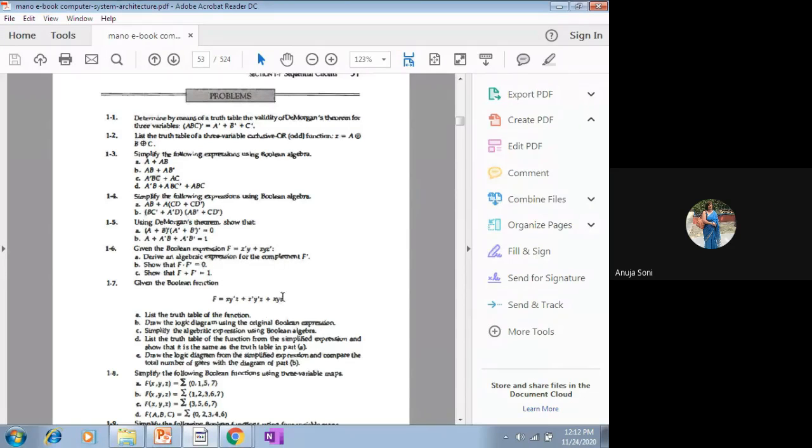Means here the Boolean expression is given and you have to draw its truth table. How will you draw its truth table? You will observe the number of variables. How many variables are there? X, Y, Z. I can see 3 variables. With the help of the 3 variables, how many minterms? 2 raised to the power 3, so 8 minterms will be there as the input values. Then f will work as your final output value. How will you derive the value of f? You will go on placing the corresponding values of x, y, z in order to derive the value of f. This way you will be able to obtain the truth table of f.